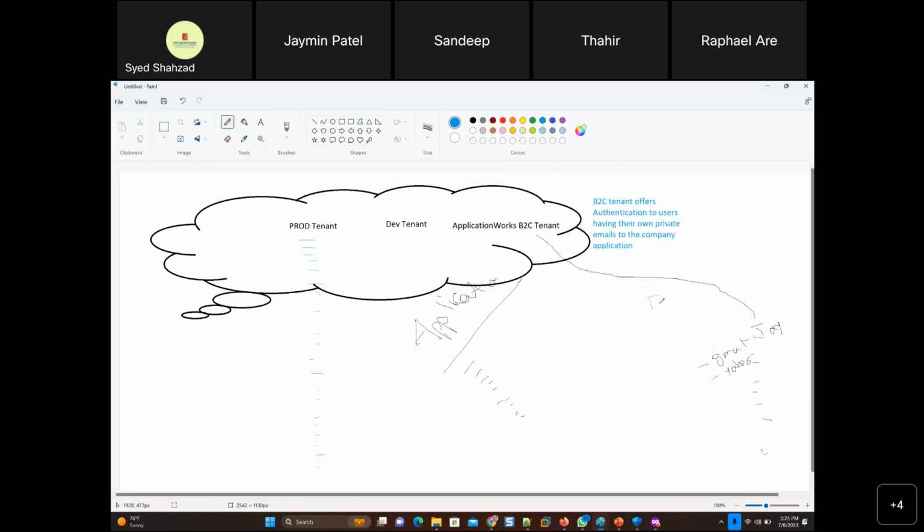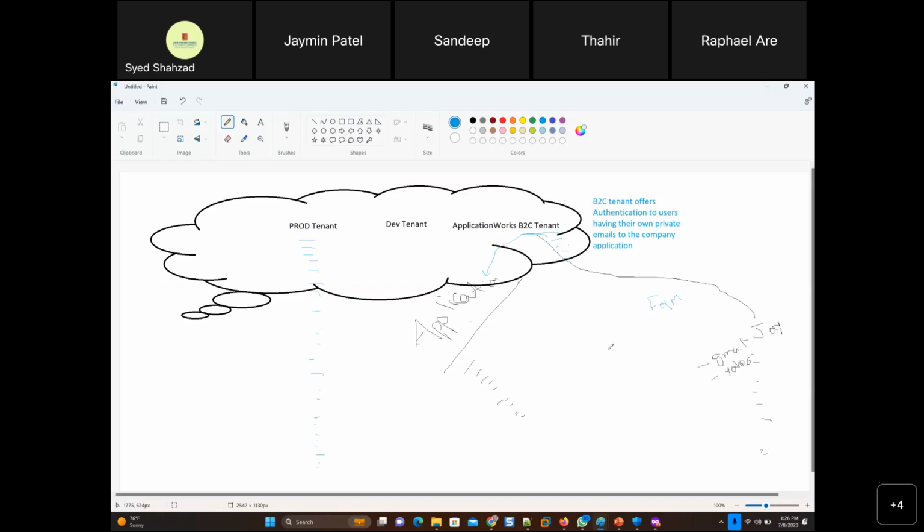Fill out that basic form with your Gmail, Hotmail, or email, first name, last name, and country, and your user will be created here in the B2C tenant, business to customer tenant, and that username and password will be added to the application that we are offering. Then you just use your Gmail or Yahoo to log into our Azure Active Directory application.